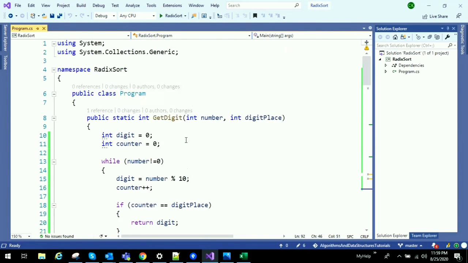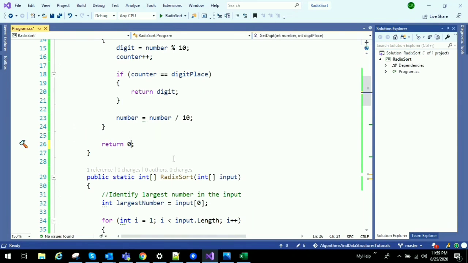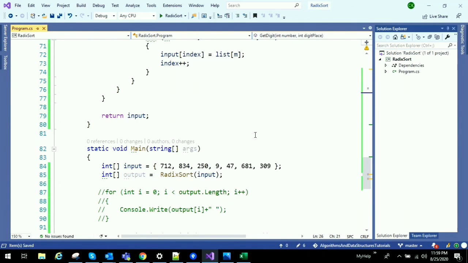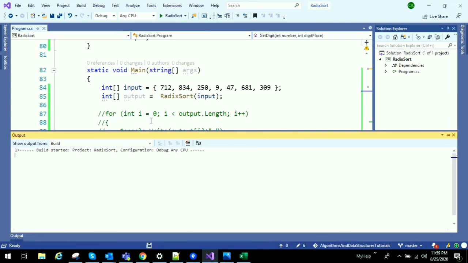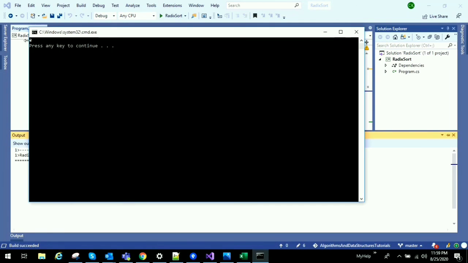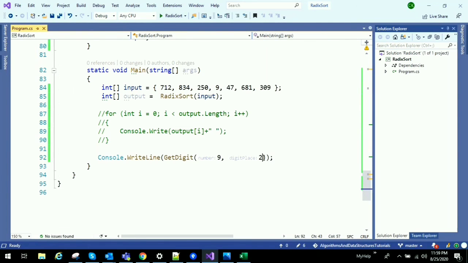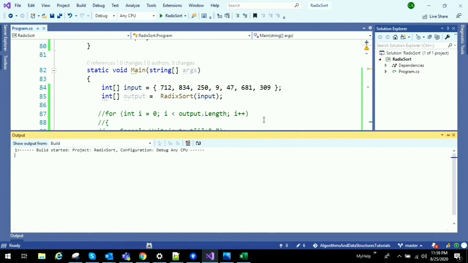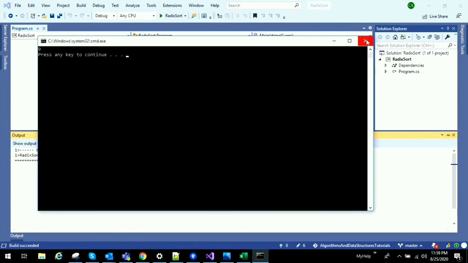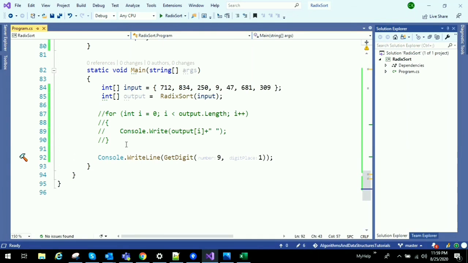If we return this as 0, it will give the correct result. Now we are getting the second digit as 0, which is the correct value. And if I ask for the first digit, it should return 9. Right, this is working fine.